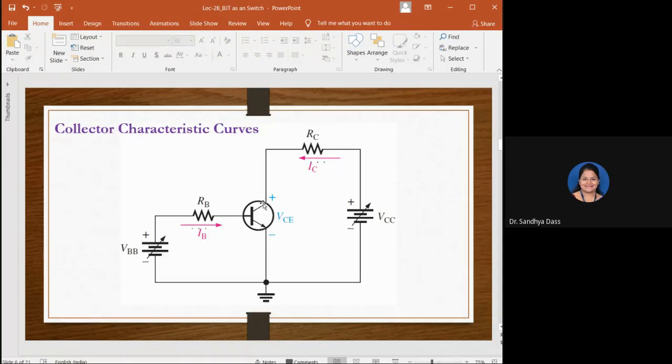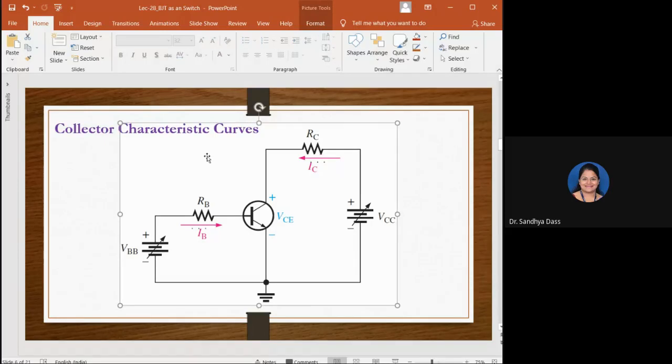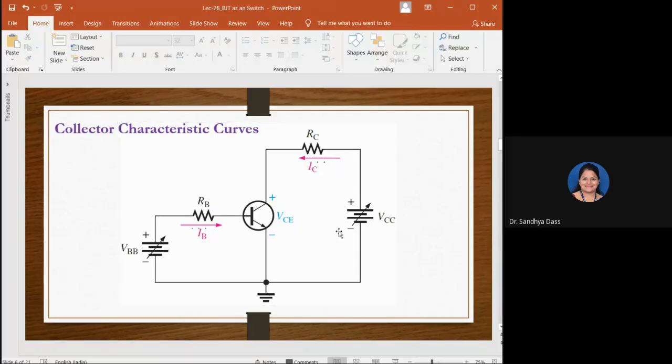So when you know it is an NPN type of transistor, then you should know the direction of the current flowing through and the parameters. What is the input current, input voltage, output current, output voltage. So you should be familiar with that. When I'm saying we'll concentrate on the collector characteristic curve, that means we are talking about the output characteristics, right? The output current is collector current. We are very familiar now. Output voltage is VCE. Remember, output voltage is VCE.